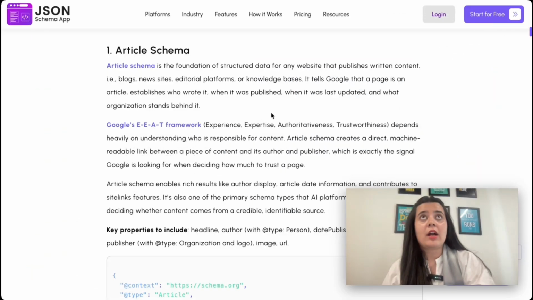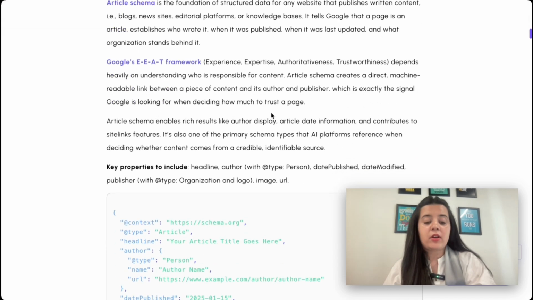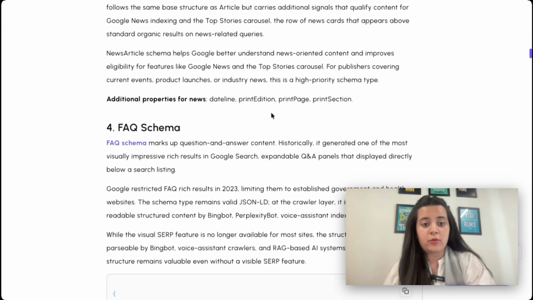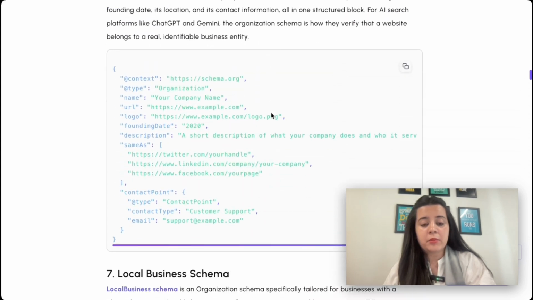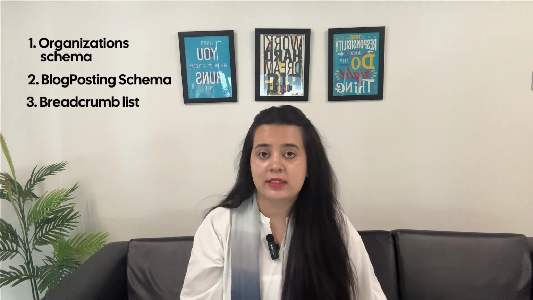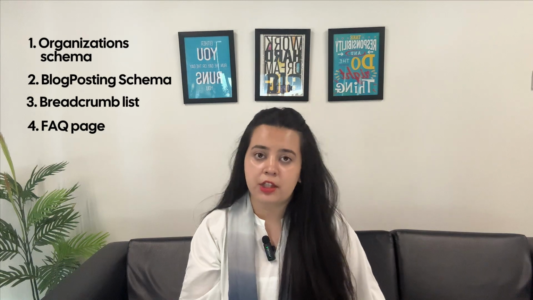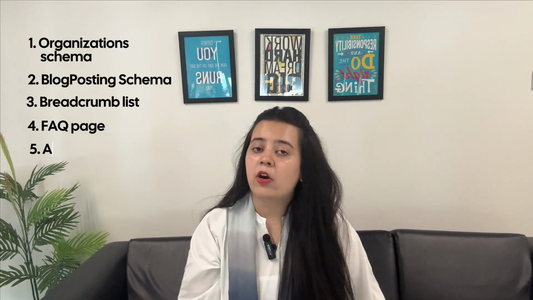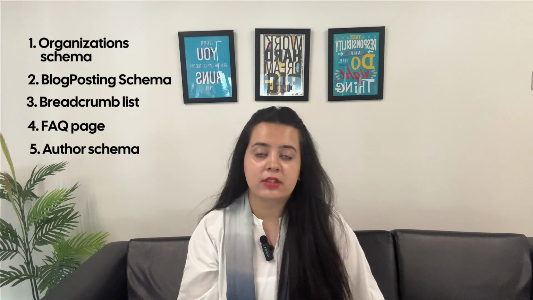Now there are overall around 800 plus types of schemas, and if I go on and on scrolling this blog about schema types, you will see there are a number of them. You need maybe 6 only: organizational and website schemas, which establish who you even are; article or blog posting schemas, which make a page an actual content piece, not a landing page; breadcrumb list, which shows where a page sits in your site; FAQ schema, which turns real Q&A pairs into citable pieces; and author or person schema, which establishes the EAT of a site. That's generally most of it a content site needs. Rest of it is mostly situational.